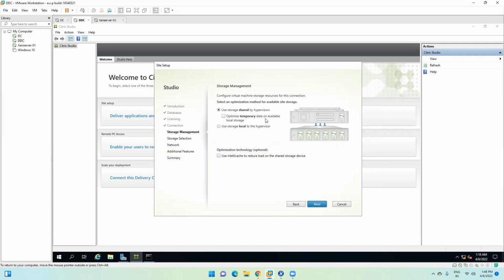Okay, so now it is asking for storage management, correct? As of now, we have given 100 GB of storage to our hypervisor. So we have two options here: either we can use the local storage of the hypervisor, which we have allocated, in our case 100 GB for now, or we can use shared storage,